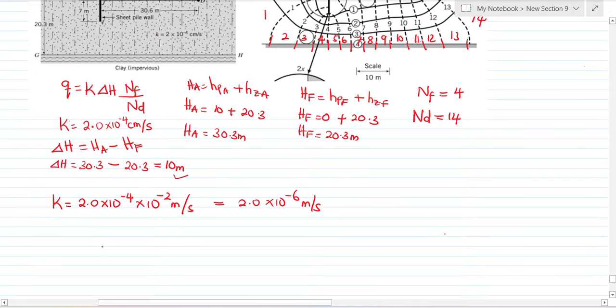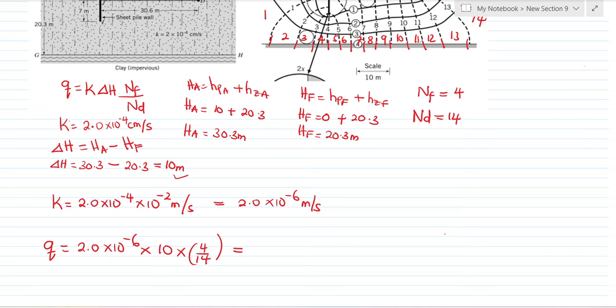With that in place, I can find my discharge or flow rate per unit width. That is 2.0 by 10 to the power negative 6 times 10 times 4 over 14. And so what am I going to get? Let's take the calculator and find out. I'm going to get 2.0 by 10 to the power negative 6, multiplying 10, multiplying the fraction 4 over 14, and that is going to give me